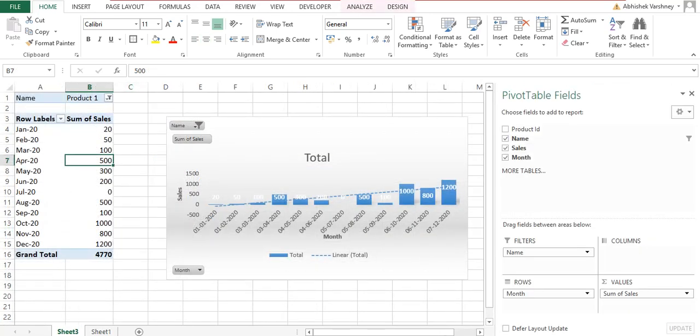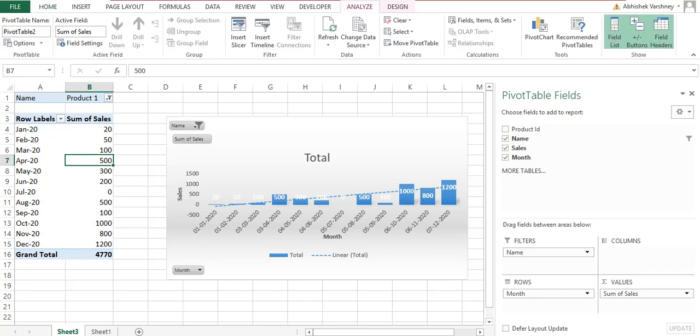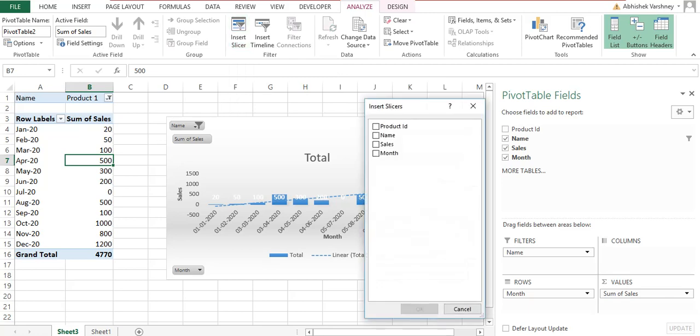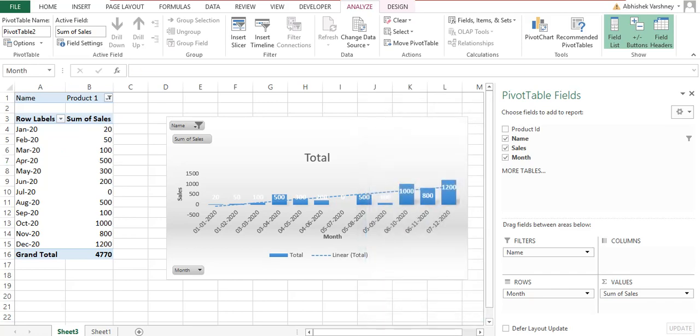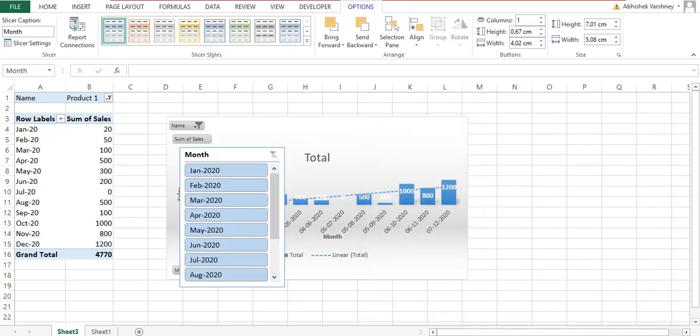Now if you click on the pivot table, then go to the ribbon on Analyze option, you will see an Insert Slicer. So again, a slicer is just a filter which makes it faster and easier to filter the tables. So if I click on Insert Slicer, it will provide me some information like for which particular field I want a slicer. So in case I want to have a month slicer, click on OK. So now I have this filter with me.